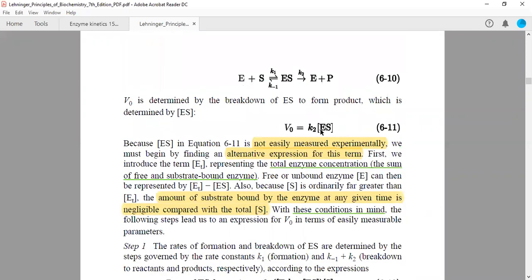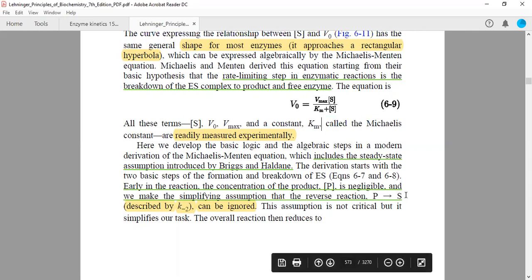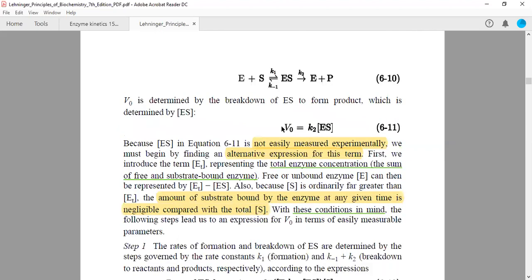Now, how to derive this equation? This is a big question in today's class. So first of all, we will take this into account. This is a steady state assumption, and the concentration of product will be negligible, and therefore we make the simplifying assumption that the reverse reaction, that is the product to substrate, which is described by K minus 2, that is a backward reaction, can be ignored. Simply we ignore this, so that our equation will become simple